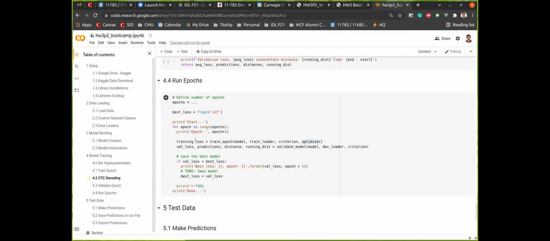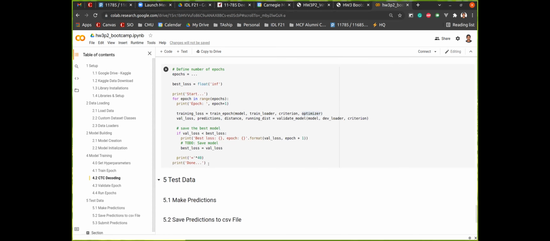Then after that, this is just the normal loop that we usually have when you're training your epochs. It's always advisable to save your best model, so there's provision to do that here. And I'm done with the